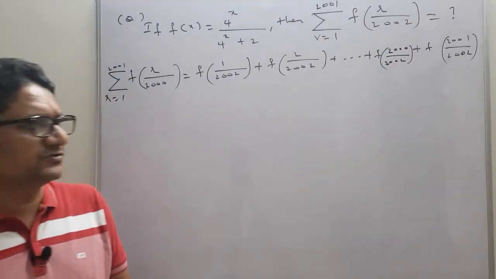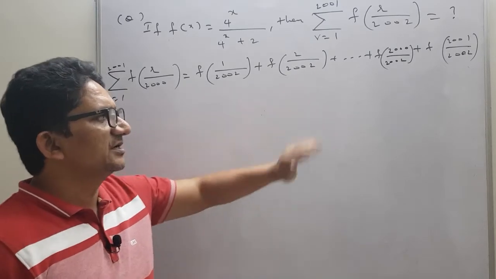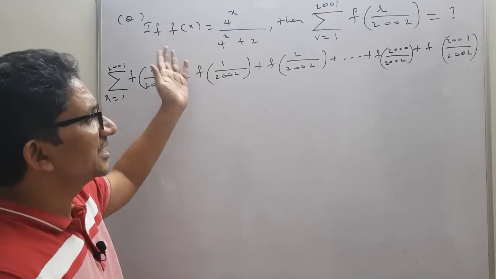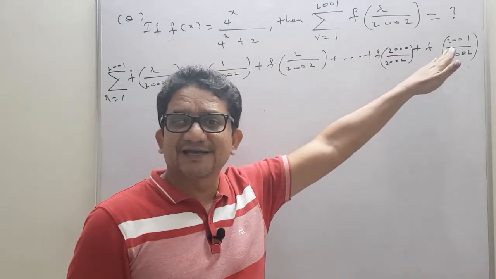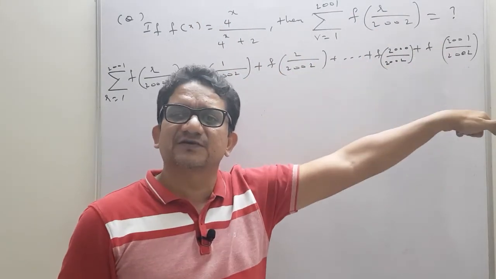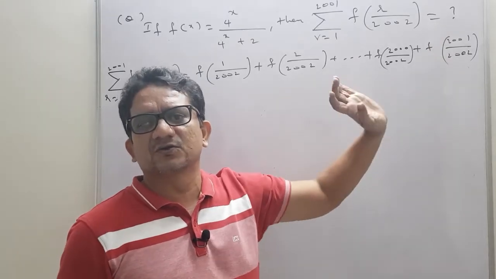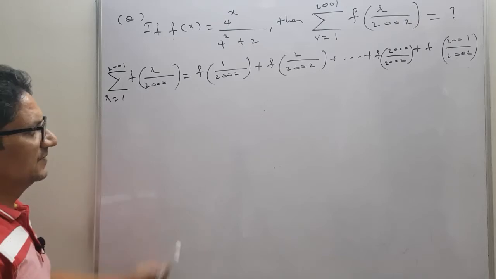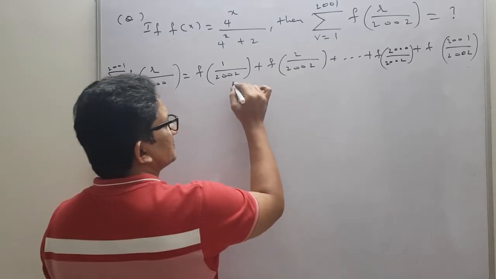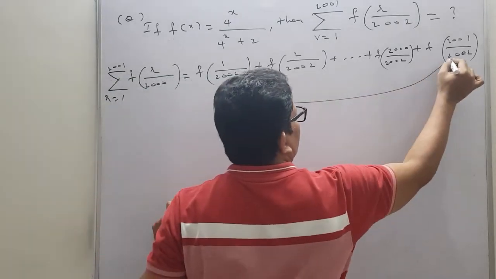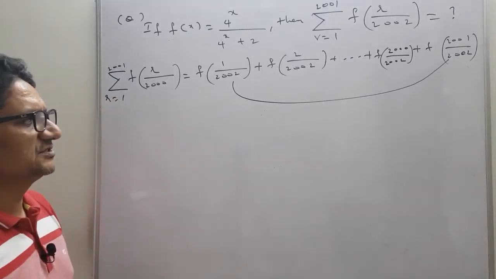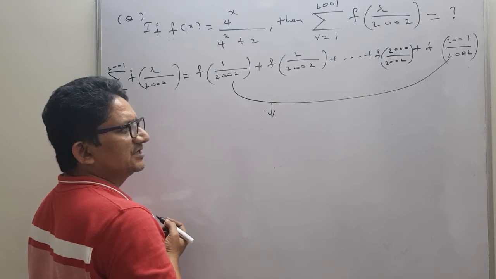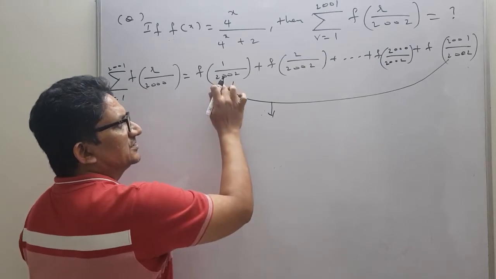So unlike the previous question, where by substituting a particular value to x we got a hint, because there f of 1 was given, here there is no other clue. Now the required pairs, if you observe closely, the first and last, we can write like this, combination-wise.